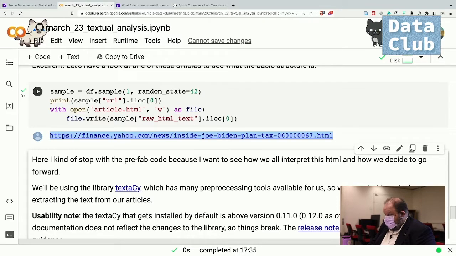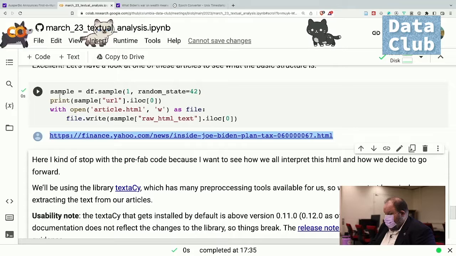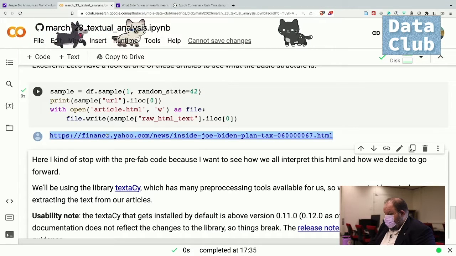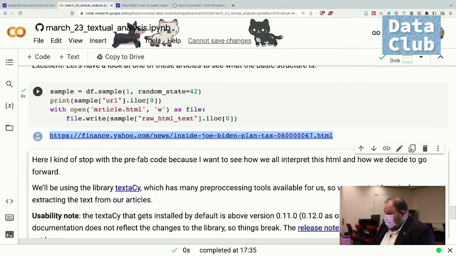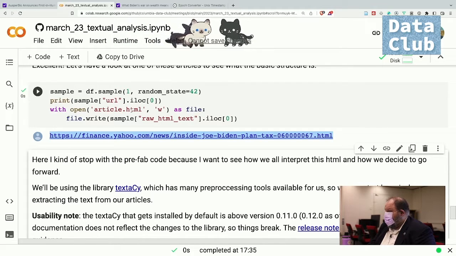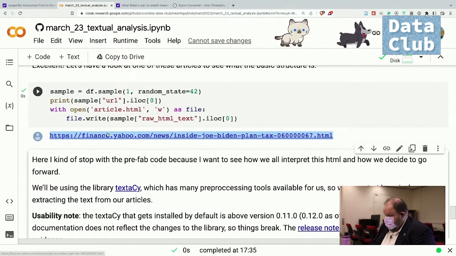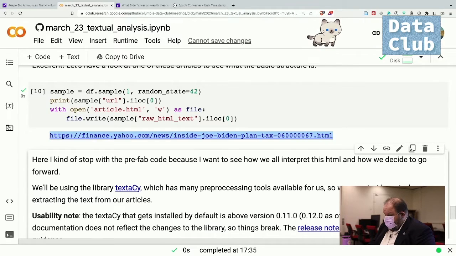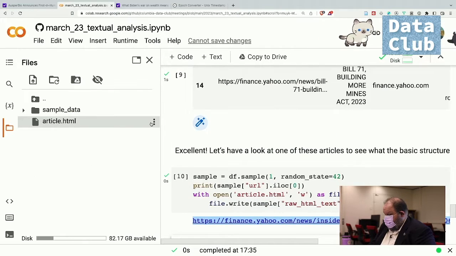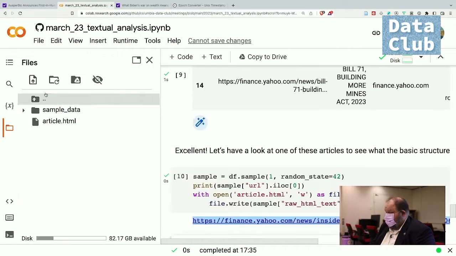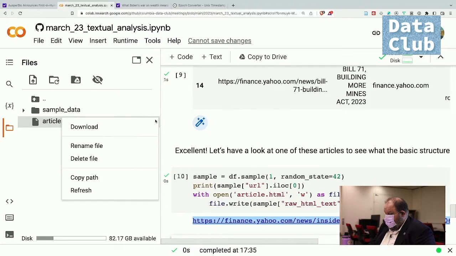Because what this code does is it samples this random article and calls it sample. It prints the URL, that's what I have here. And then it also creates a file called article.html that prints out just the HTML. The reason I did this is because then we have this file here. So I clicked on the little folder here to open up the file space, and I click download,